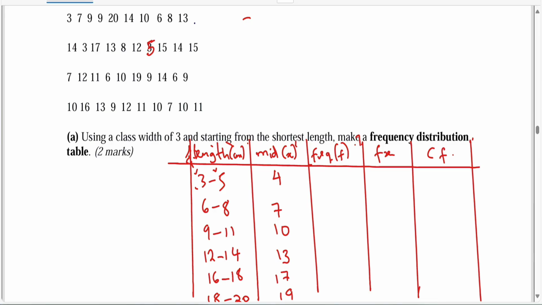So 3 to 5, frequency yake, ukiangalia first row 3 ziko ngapi? 1. You don't have any other 3 to 5, so any number that ranges from 3 to 5. Second row we have this one 5, so we have 2, 1, 2, 3. Do you have any other number? No. So in the third row you don't have, in the fourth row you don't have, so the frequency is 3. So 6 to 8,